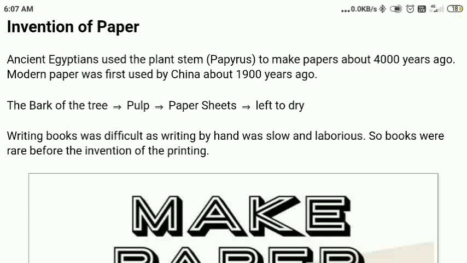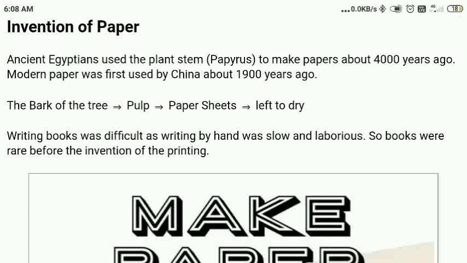Egypt is a country in Africa. The ancient Egyptians, that means the very early people from Egypt, used plants. You are aware what a stem is, the main part of the plant. They used the plant stem, which was called papyrus, to make paper. Papers were created by this method about 4000 years ago. So you can imagine